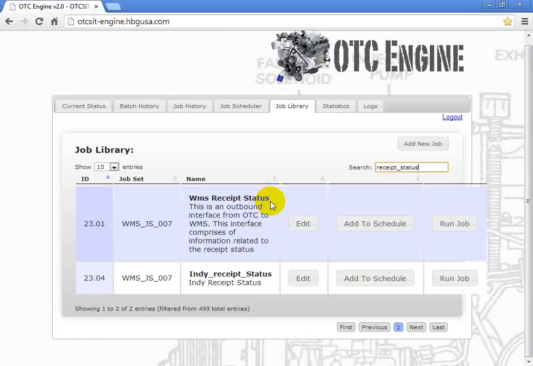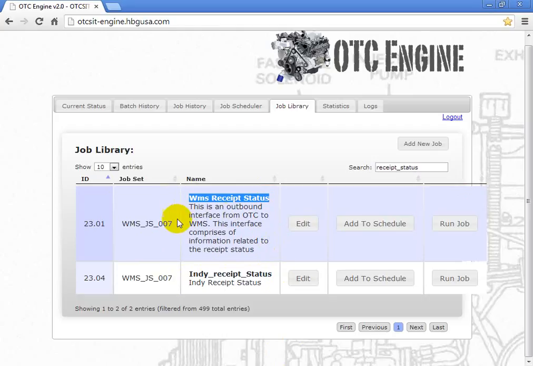So this WMS receipt status is the OTC job, and this Indy receipt status is the Indy side job. First you need to run the WMS receipt status in order to pick up the records which are in closed status in OTC.